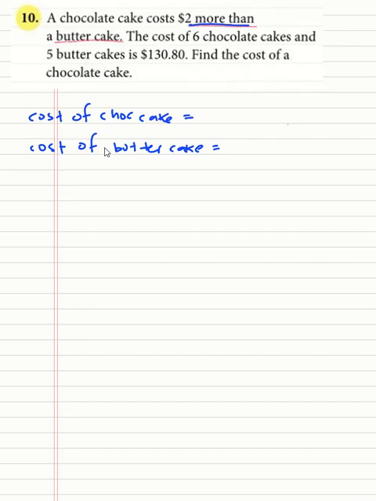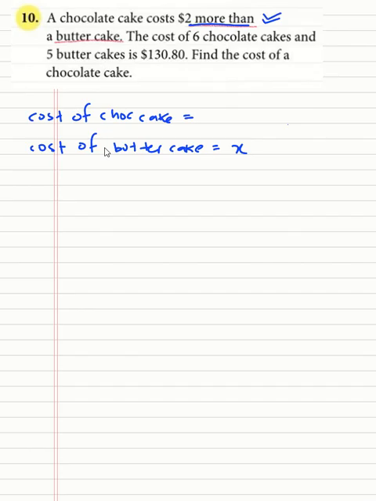So we can take the butter cake as x, and then we have to relate any other unknown with this x. We always take the first unknown as x, and then we consider the other unknowns. We relate the other unknowns with x. So what is the relation of the other unknown? It is 2 more than. The wordings of the question will tell you.